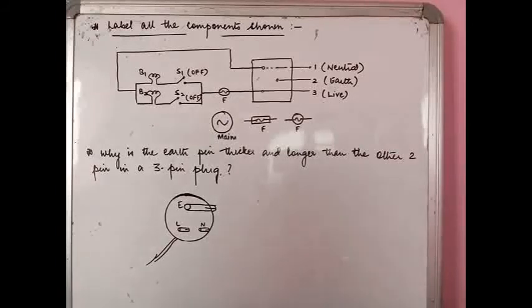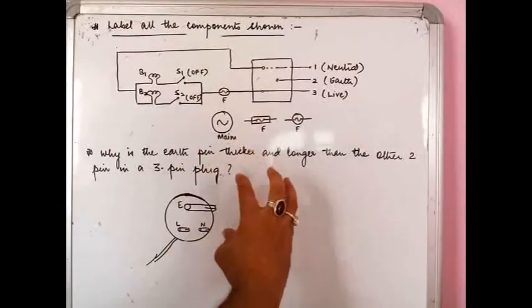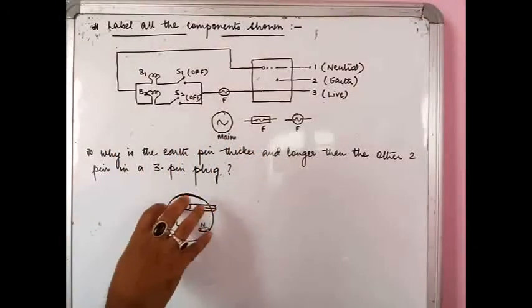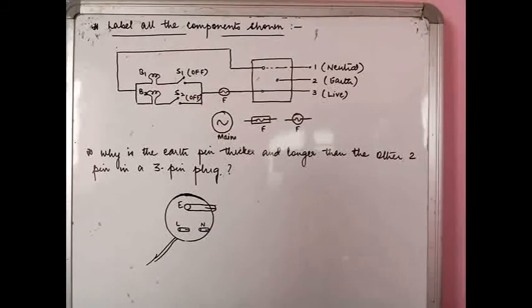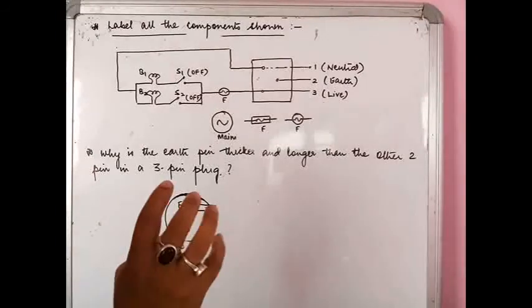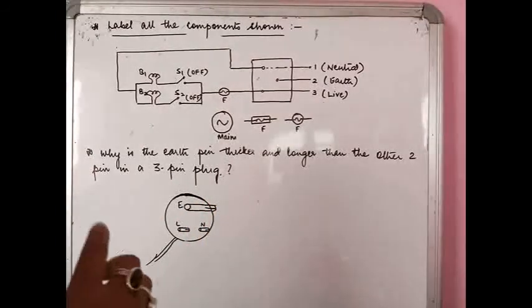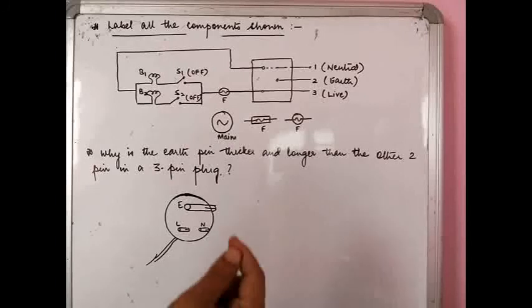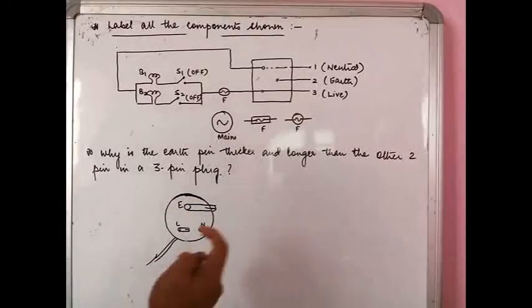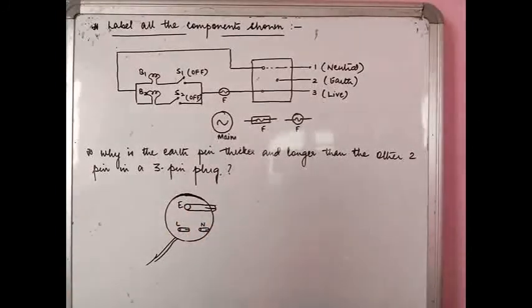Why is it so? The answer is quite logical. This plug is going to go into a socket. This is a 3-pin plug, so it is going to go into a 3-pin socket. In case of faulty appliances, in case there is some electricity fault in the appliance due to wear and tear, you always want the earth connection to be made first, so that any excess current or any stray current passes quickly through the earth wire and gets earthed without you getting a shock.